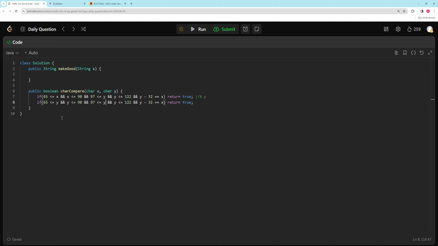So Y, this should be Y, I think. Let's see. Actually, no, this should be X, right? Swapped. Yeah, so this is the upper character. This is the lower character. And now this should be X minus 32 equals Y. So that's the case of